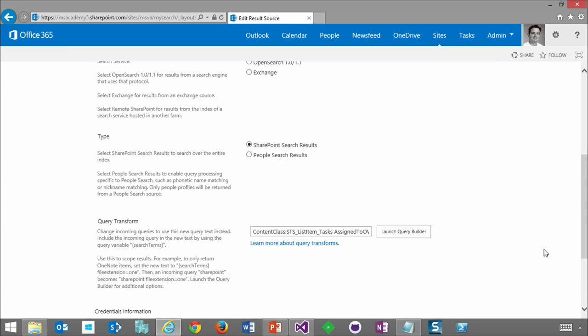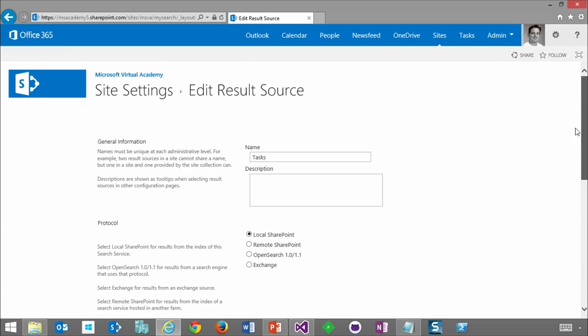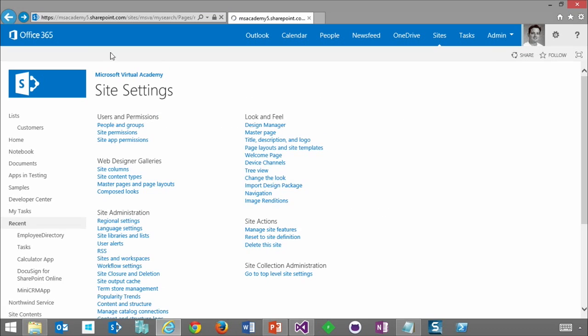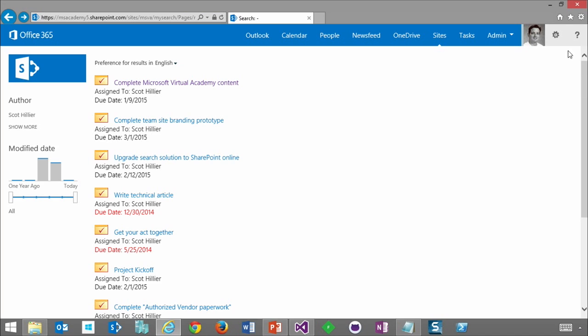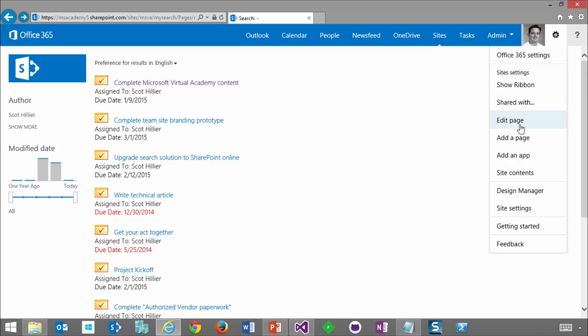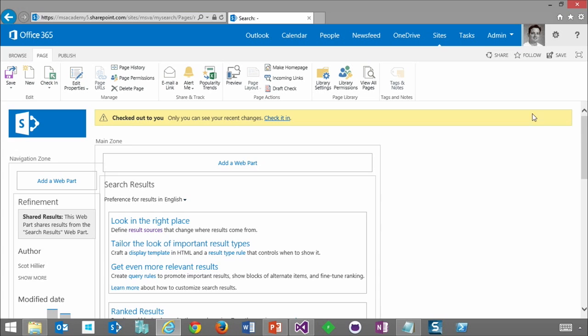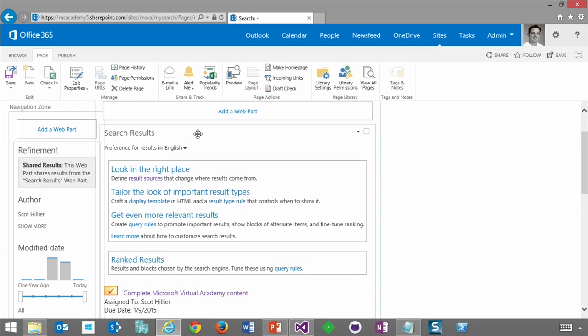Okay, and when I'm all done with that, I can just go ahead and click Save, and I now would have a result source named Tasks. So in order to use this, all I really have to do now is come back to my search results page. And here on my search results page, I can go ahead and edit this page. And when I edit this page, we'll see that there's a web part on here that's driving the search results. And then I can drop this thing down, say edit the web part,